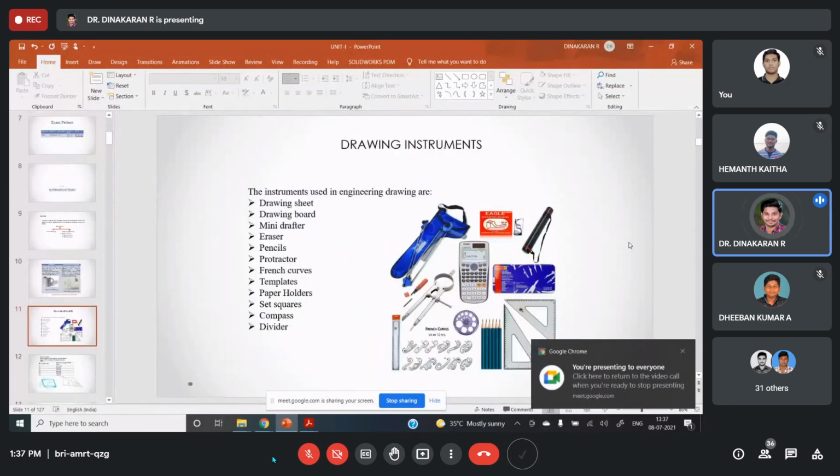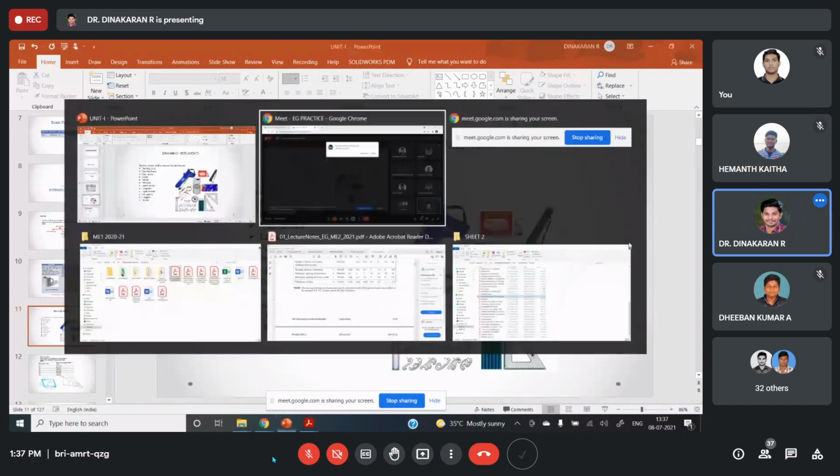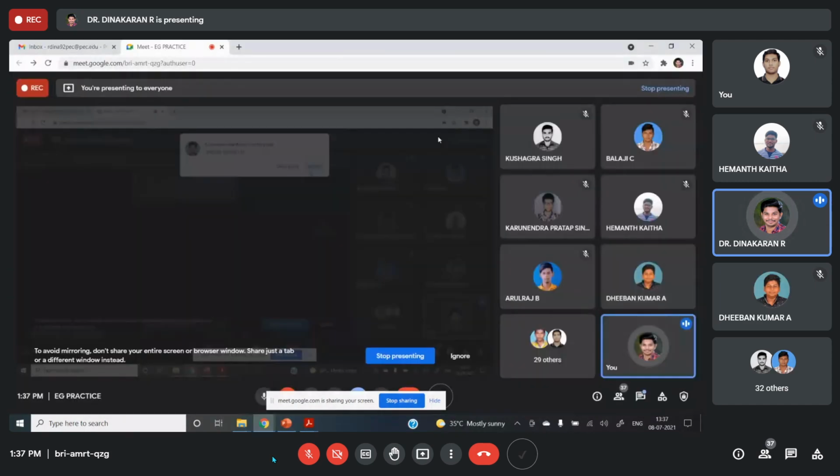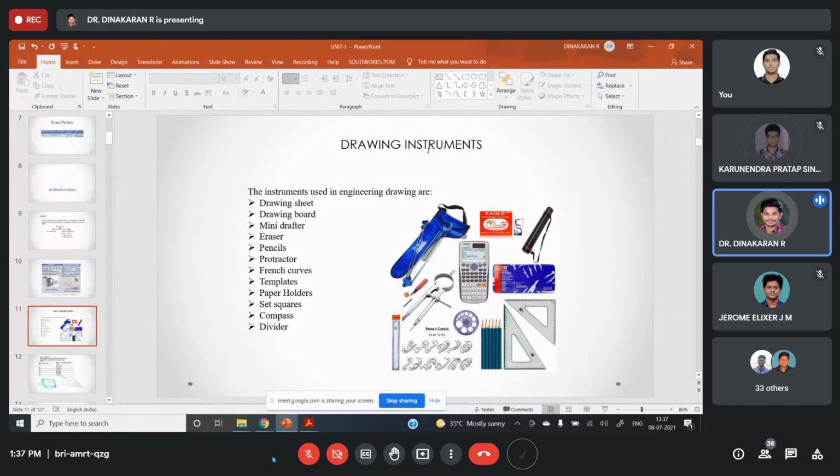And these are the drawing instruments: mini drafter. Yesterday you received the video on how to use the mini drafter. Drawing sheets and drawing board, mini drafter, eraser, pencil. These are basic things.